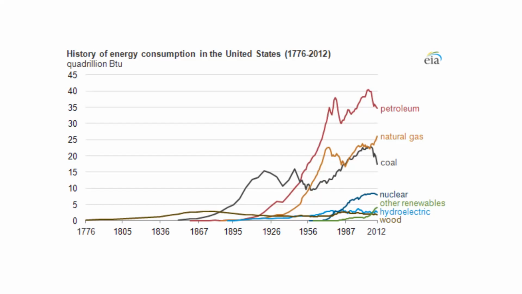And then just to get another idea of the different forms of energy and how they're used, this is just focused on America, but we can see over time, the energy production overall has increased. Starting in the Industrial Revolution, we really started to see the amount of energy we were using increase. And then about halfway through the previous century, we see it skyrocket even more, just because the lifestyle choices, the number of people, a whole bunch of different factors are requiring more and more energy. And again, we can see the majority of that coming from the fossil fuels, so petroleum, natural gas, and coal, the top three.